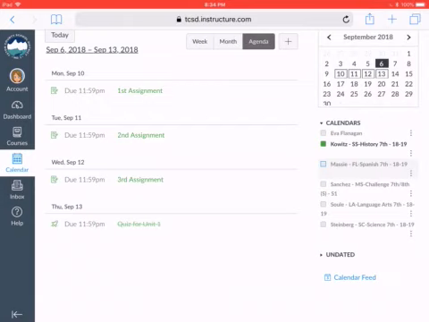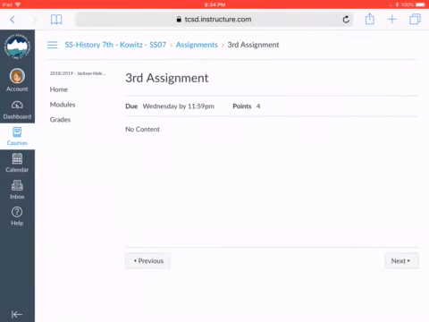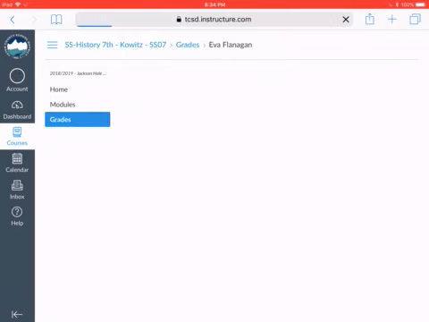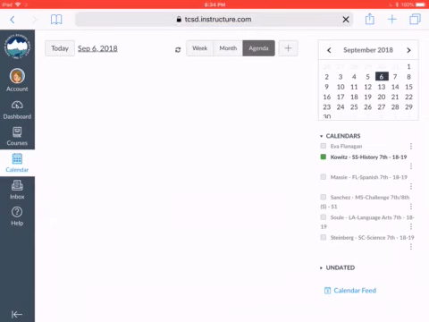That means that I need to check and see if I've submitted them or not. So I can click on the link. It's going to open up the details, and it's showing me now that it looks like I haven't submitted that assignment, so I better get it finished and turn it in on time. Okay, if I go back to the calendar view by clicking on the left hand side and look at the agenda,